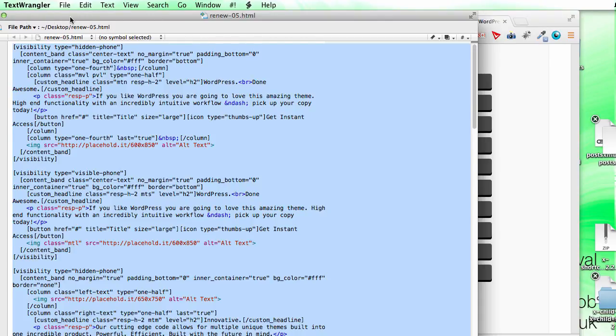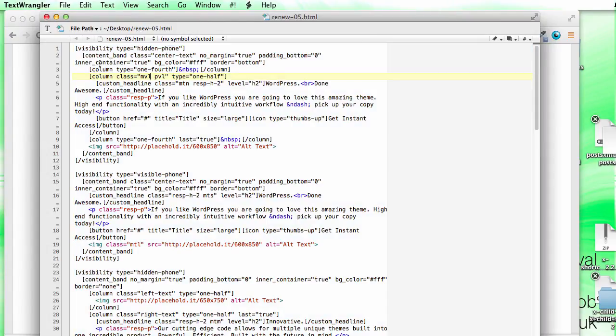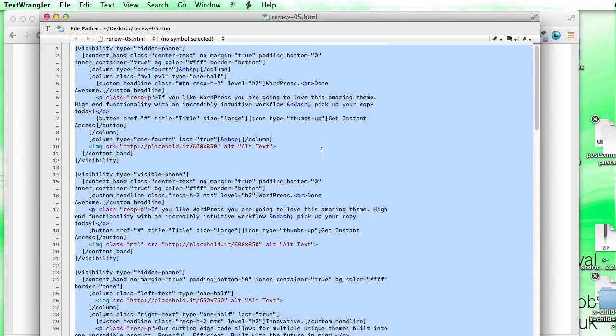Just before we do that, we'll have a little look at what's going on here. You might notice that this looks a little bit different to the HTML files that we're used to. That's because in WordPress you use these square brackets to delineate shortcodes. The various themes create their own shortcodes for putting together certain layouts, image styles, etc. These do tend to be specific to the theme in particular, so I'd recommend picking one theme and then sticking with it, which is why it's worth choosing one which is as general and as widely applicable as possible. We'll look at those shortcodes in more detail later on, but for now we'll just copy the text,